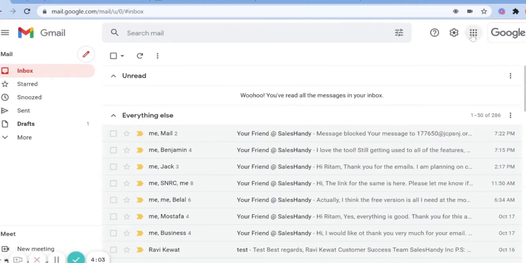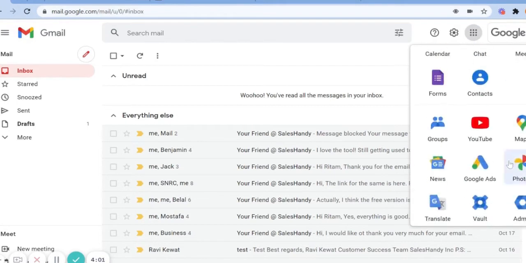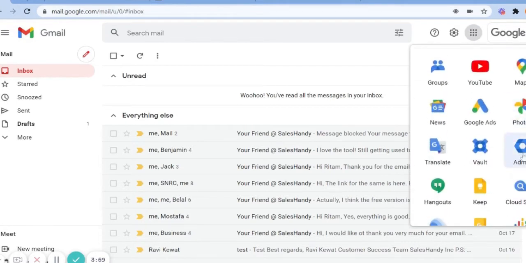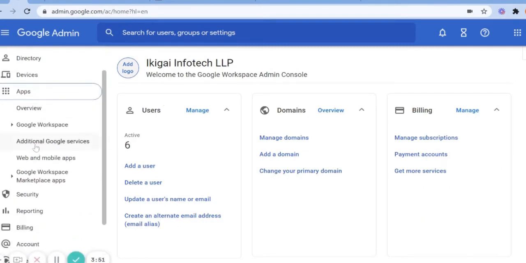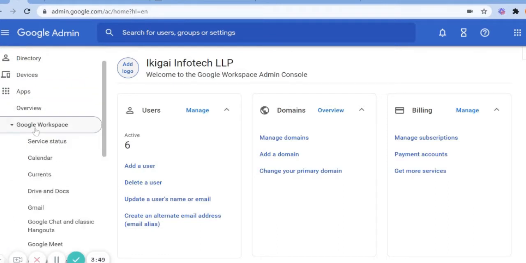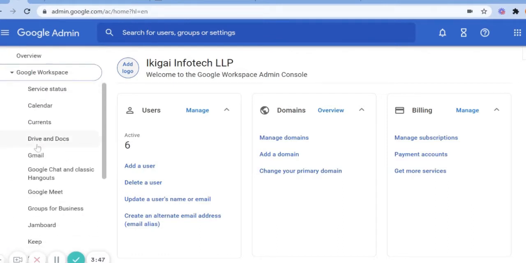Click on the six dots and here is the admin console. When you click on this button, you will be navigated to the admin console here. Choose the apps option and then choose the Google Workspace option. Click on the Gmail option here.